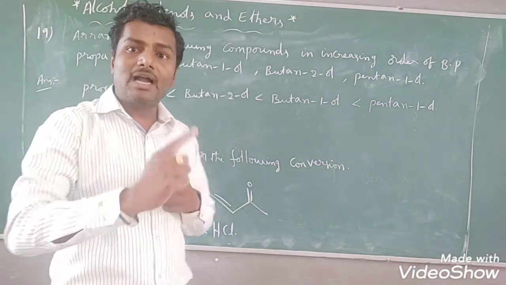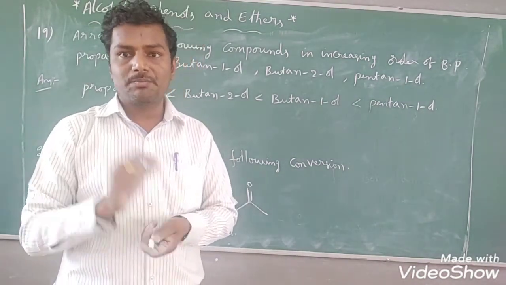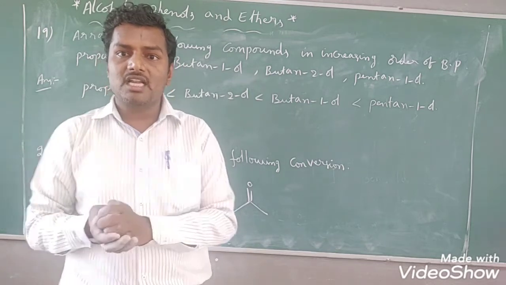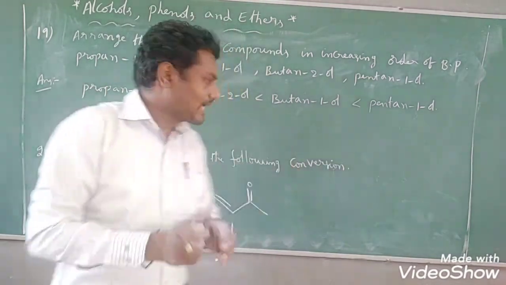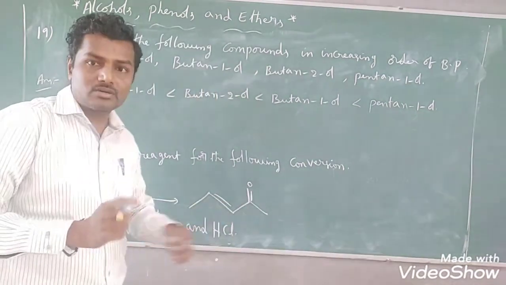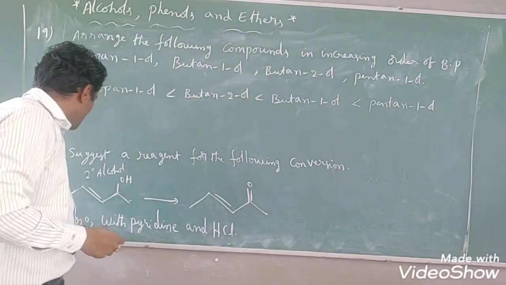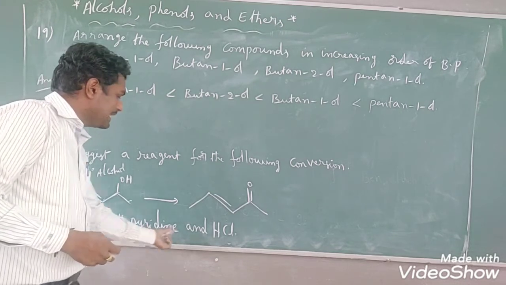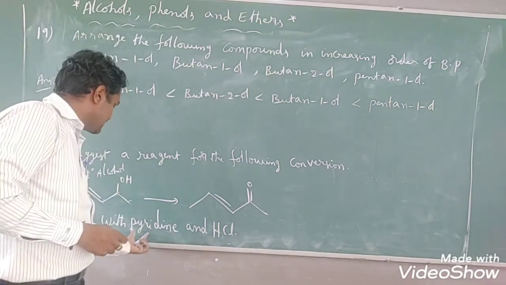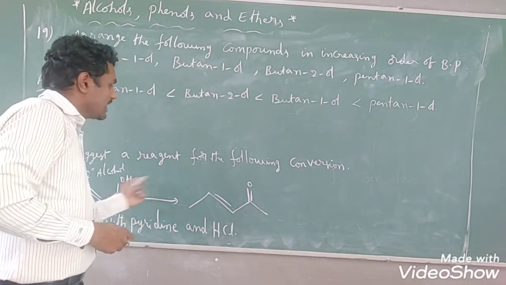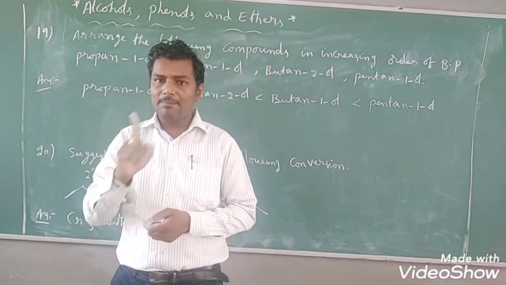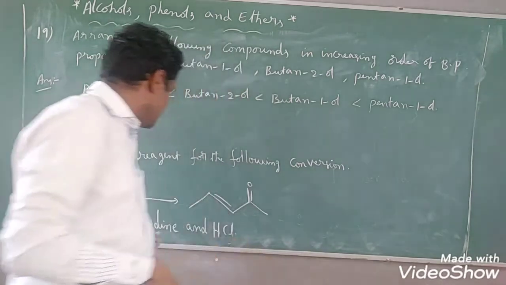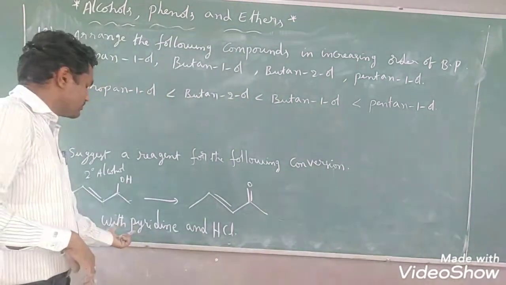For primary alcohol to aldehyde, we have to use PCC, pyridinium chlorochromate. In the conversion of secondary alcohol to ketone, what do we generally use? Chromic oxide with pyridine and HCl. This reagent easily converts secondary alcohols to ketones, students, right? With primary alcohol, PCC; with secondary alcohol, this reagent. Okay, now I hope everybody understood this.